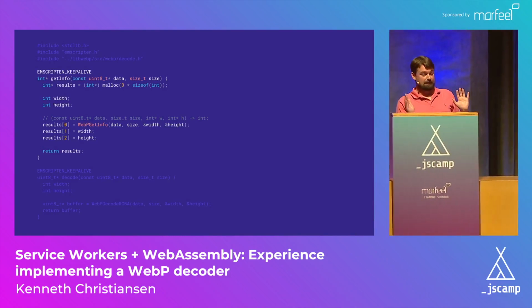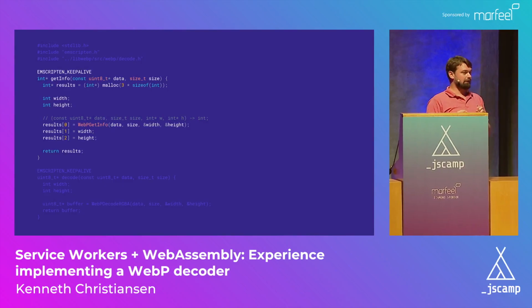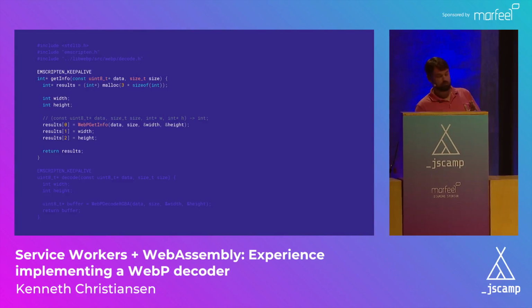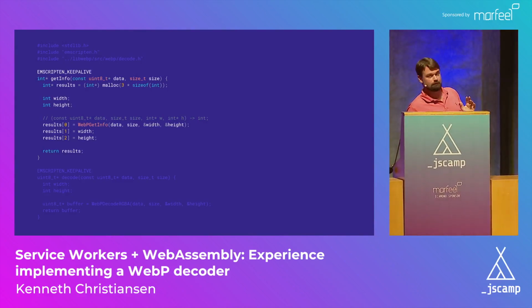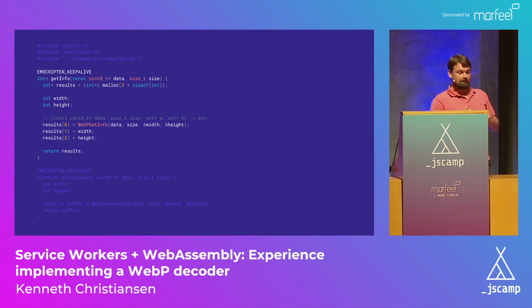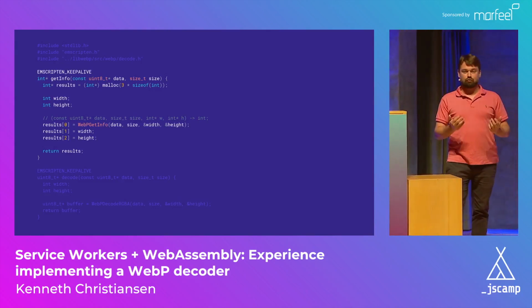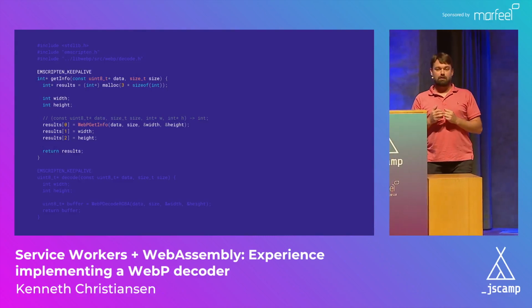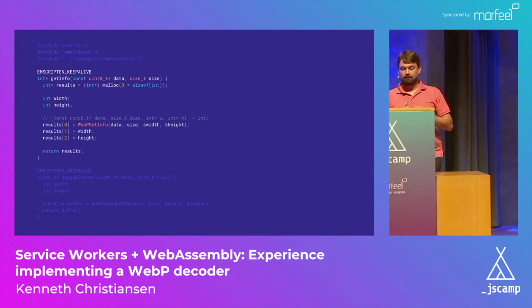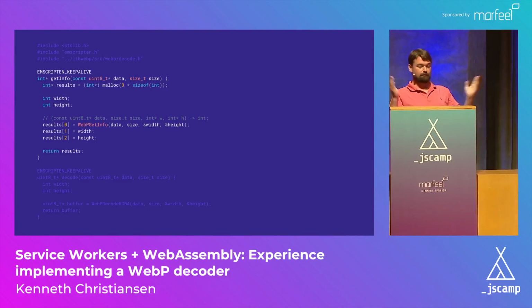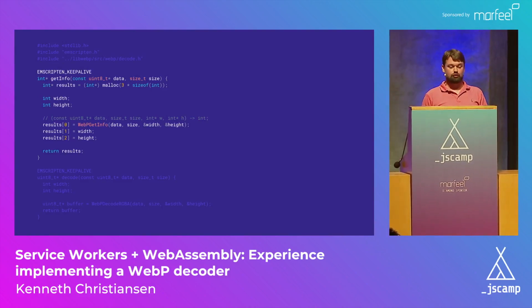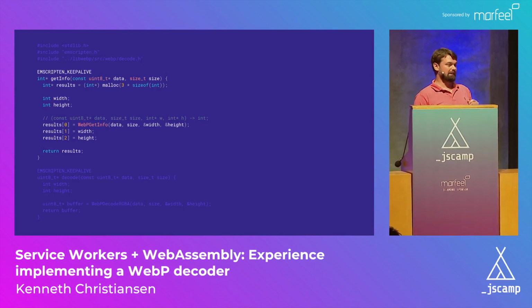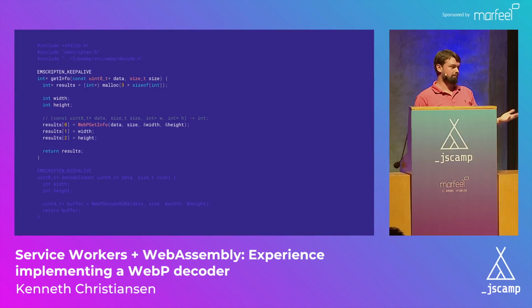As this is a C application, I need to allocate memory. You do that in C using something called malloc. It stands for memory allocation. Basically, what is easy for me to deal with in JavaScript is an array, because it's a sequence of data. So I'm just creating an array of size 3. This is a 32-bit array of size 3. And the first value I store is whether this actually made sense, whether I was actually trying to decode a WebP image.